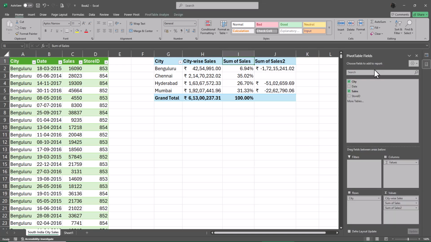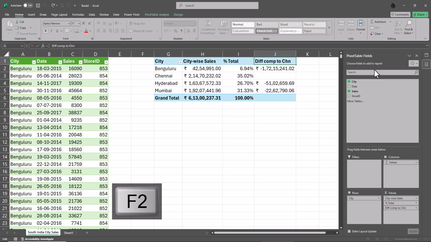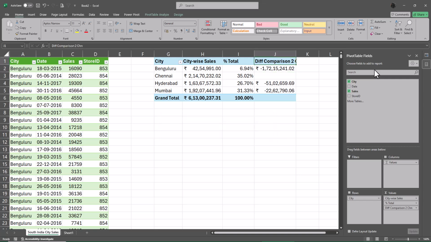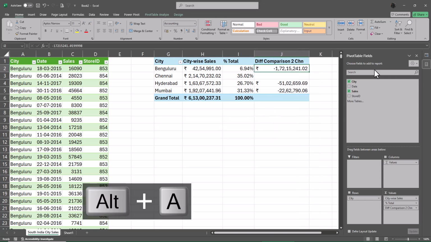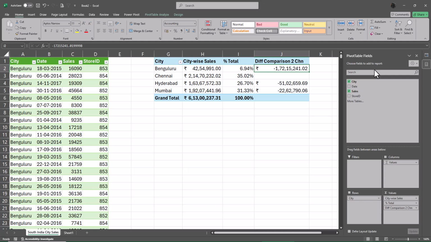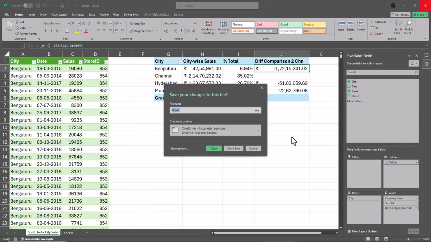I'm going to call this percentage total, and then I'm going to call this difference compared to Chennai. This is the way we can build a data set, and then I am showing you the variances that we have in our list. This is how I'll use a Power Query